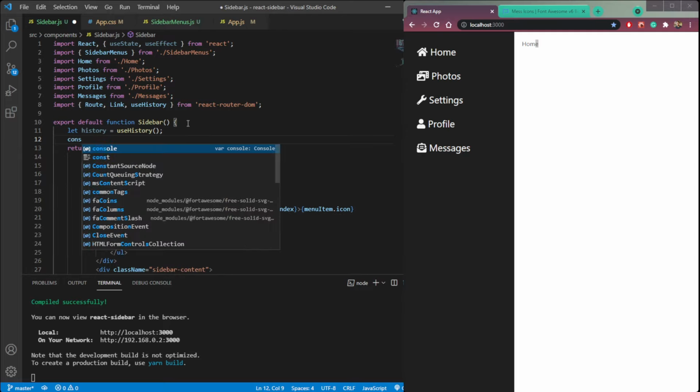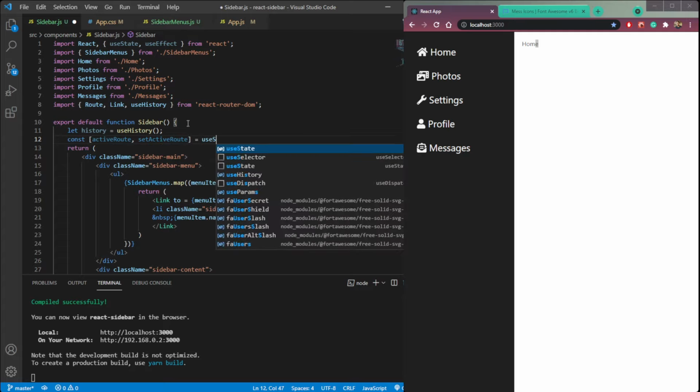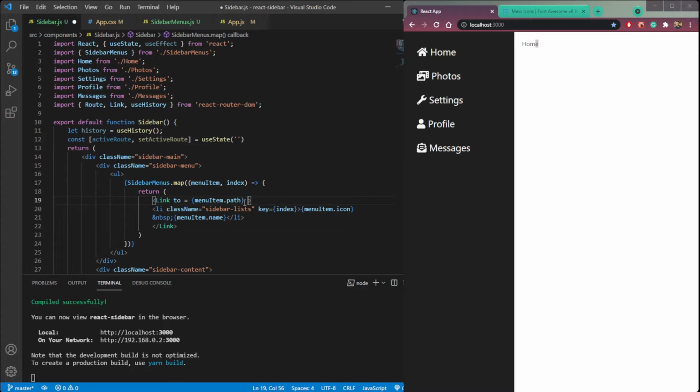So const activeRoute and then setActiveRoute. So useState, initially it will be an empty string. So then we need to set the route.